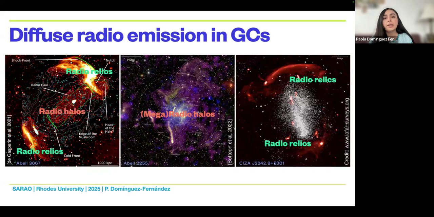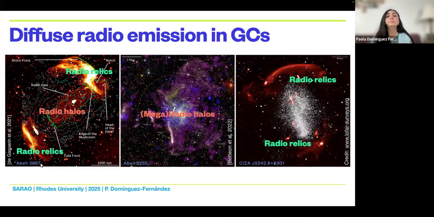We have these structures that we call, for example, radio relics that tend to be in the outskirts of these galaxy clusters. Due to their properties and their elongated, arc shape, we inferred that these are being lit up in the radio band because they are tracking merger shocks that are propagating